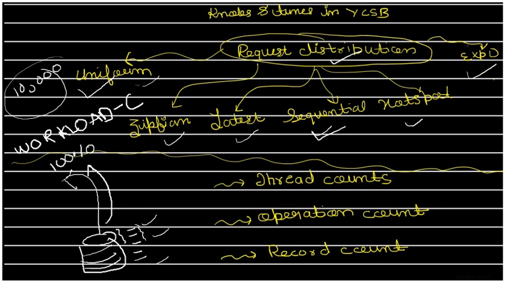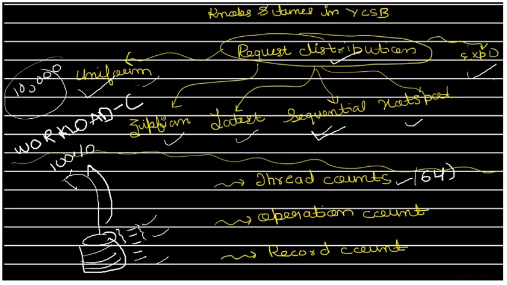Now we have other kinds of parameters in YCSB that we can use. This is called the thread count. Suppose I choose thread count equals 64. It means that 64 read operations will be performed in parallel in the database. You can vary it like 1 thread, 2 threads, 4 threads. It's up to you how many threads you want to use.